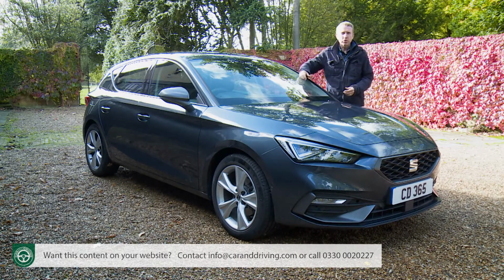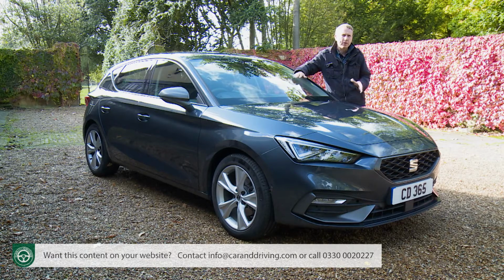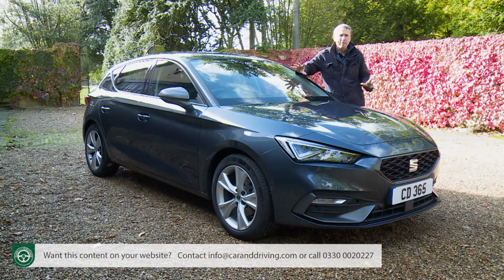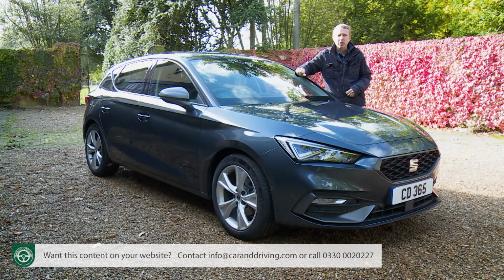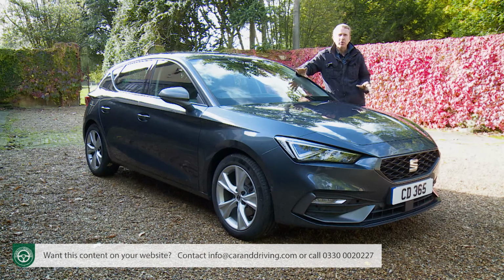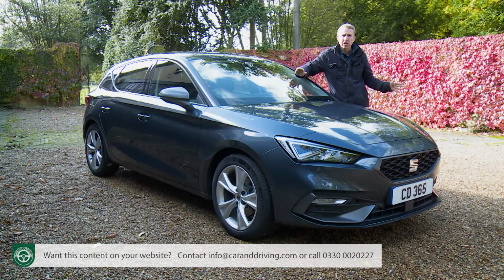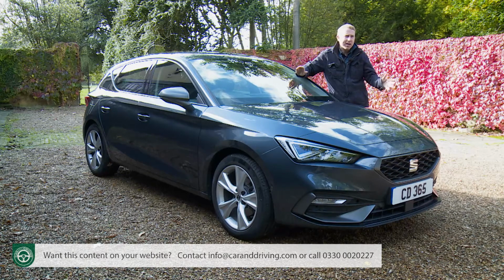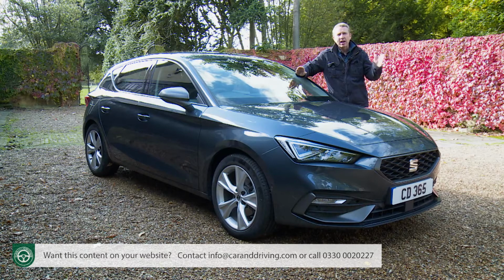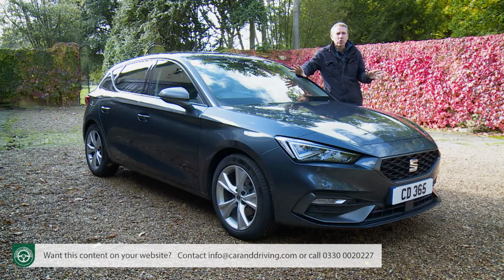The three available safety and driving packs embellish this predictive adaptive cruise control setup in various ways. The base M pack includes dynamic road sign display and auto high beam assist. To all that, the mid-range L spec safety and driving pack also includes three extra features. Side assist, which alerts you if you're about to dangerously pull out in front of another vehicle. Exit assist, which alerts you of oncoming traffic when you're reversing out of a space. And exit warning, which alerts you if you're just about to open one of the doors in the face of